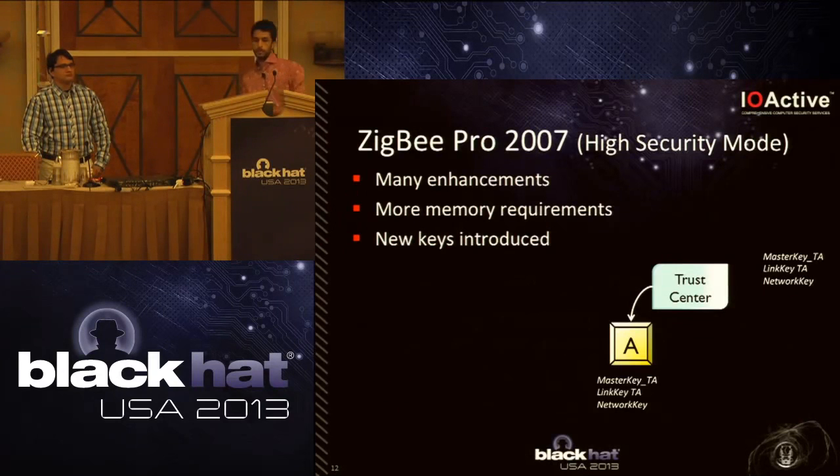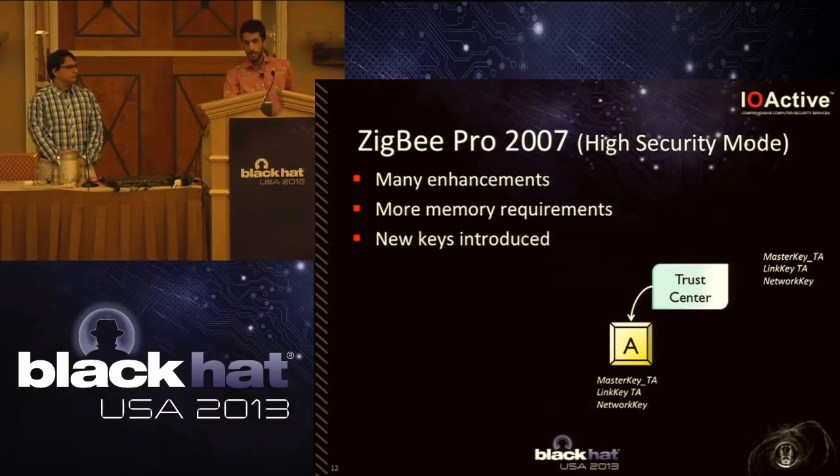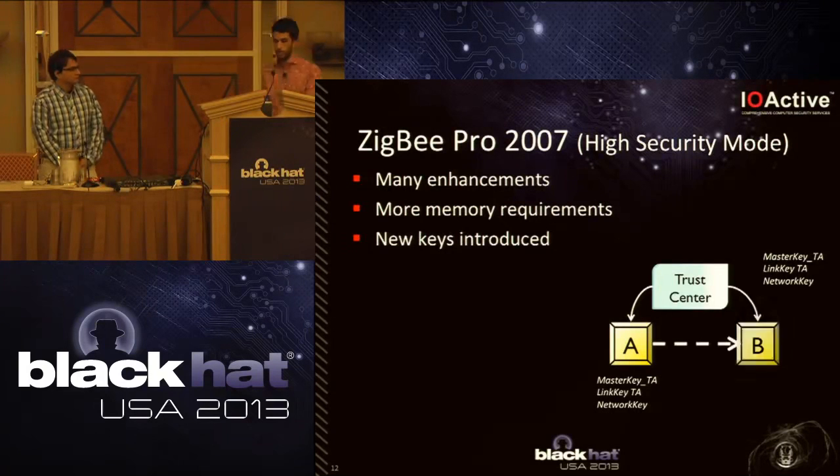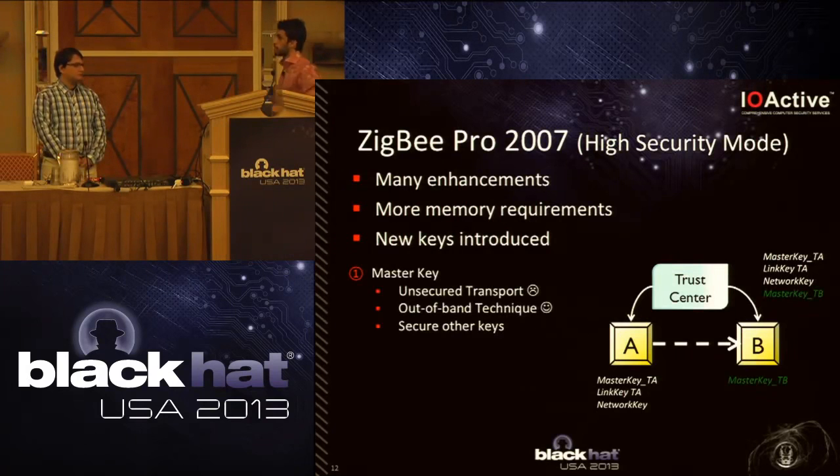So there's a high security mode in Zigbee where they increased the amount of keys required. Each one of these keys will have a different purpose, because, for example, one key is for unicast communication, one key is for multicast communication, and like that. For example, when a new node B is added into the network, the trust center must set a master key, which will secure the other keys that will be used for other